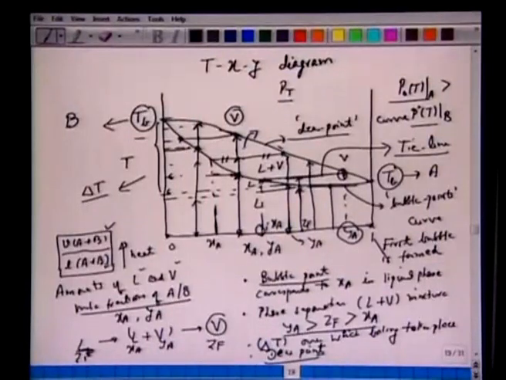Now in case of binary mixtures, there is a temperature range over which the liquid boils before it is converted into vapor phase. So we start with A plus B pure liquid, first bubble point, further heated. Now there is a vapor phase and a liquid phase. One can calculate the amount, one can also measure the amount, to ensure that it's consistent with our material balance. So we have a certain amount of vapor formed, and a certain amount of liquid.